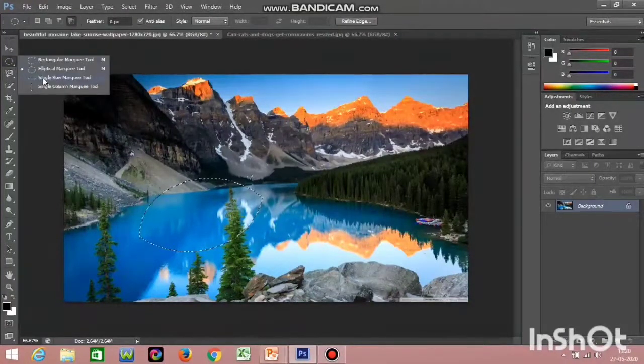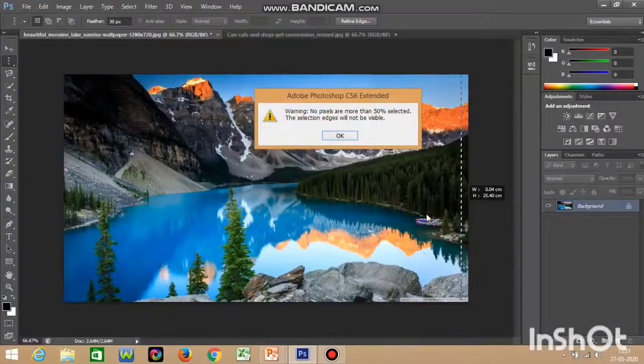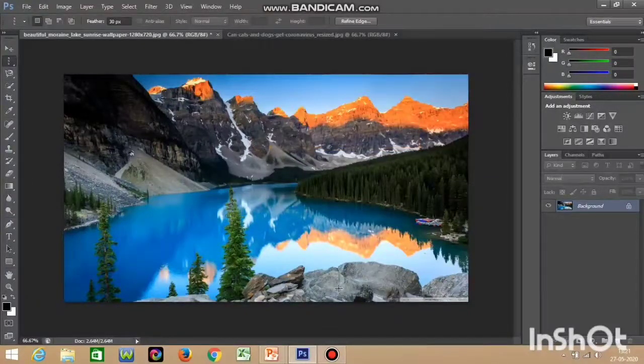And yeah, the remaining two are single row marquee tool and single column marquee tool. As I said, if you choose this, it will select a 1 pixel area. This is a single pixel area selection. You will understand that even the single column works in the same way. It chooses only one single pixel. Say if you want a 1 pixel area to be selected, that will be useful. We won't understand the usage of this now, only when we try to work with in-depth images you will understand how it works. So I hope this section is clear now.